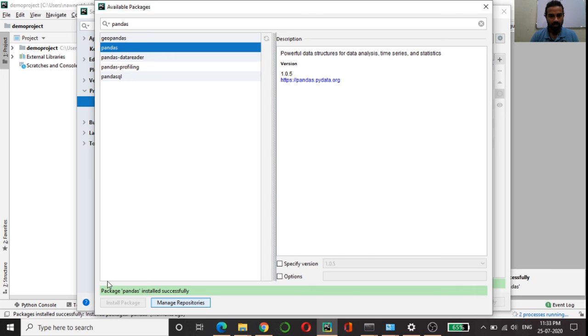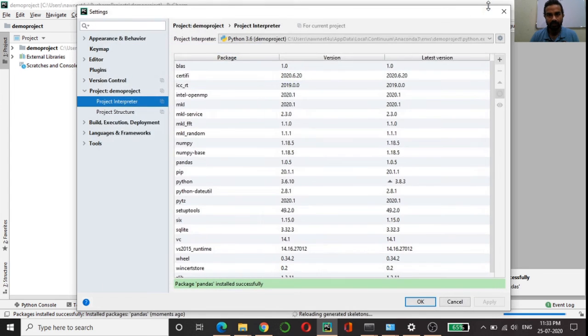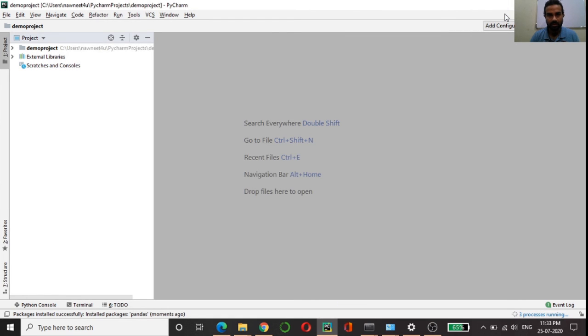As you can see, the message says package pandas installed successfully. Like that, you can install whatever packages you want for your project, and then you can start working on this. You can create your project structure inside this demo project and start working on that.